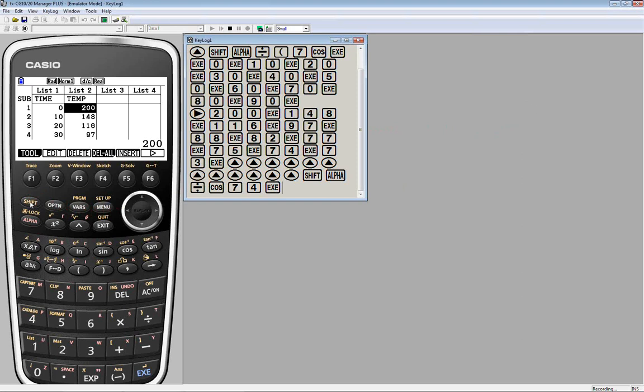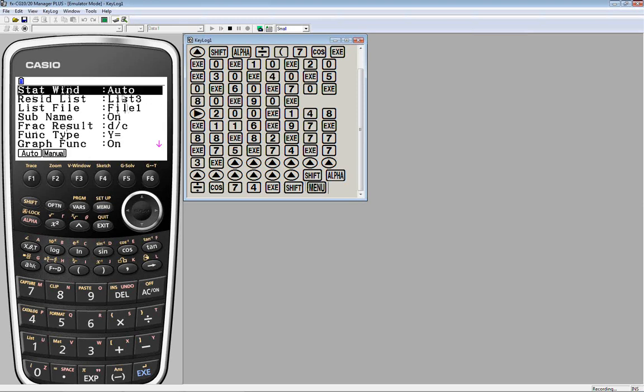So I'm going to push shift and menu to bring me to the setup because I wanted to comment on this statistical window. My calculator is currently set to automatically choosing a good viewing window for the scatter plot. That's convenient. I prefer it that way, but I do want to comment that you can overrule that with this choice of toggle it to manual should you prefer.